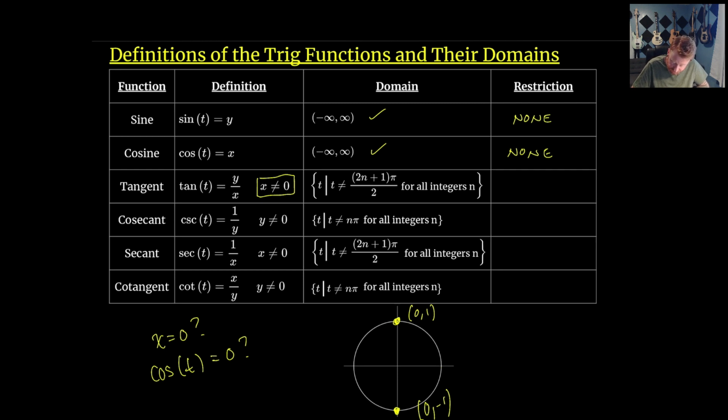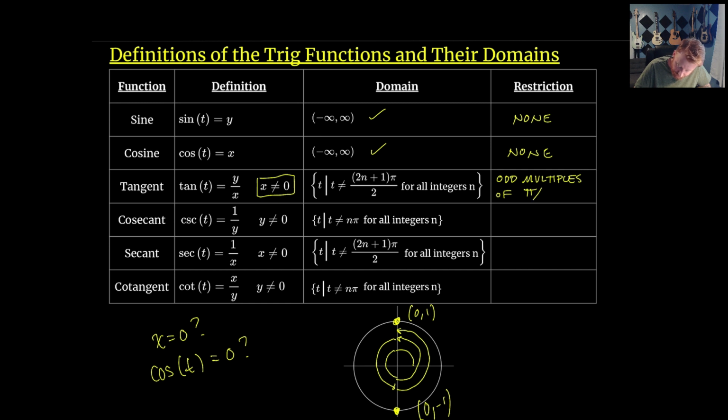But if we think about traveling around here, that gives us pi over 2. This gives us 3 pi over 2. This is going to give us 5 pi over 2. This gives us 7 pi over 2. This gives us 9 pi over 2. So as we spin around, it's just the odd multiples of pi over 2 that's doing that for us. So our restrictions here are the odd multiples